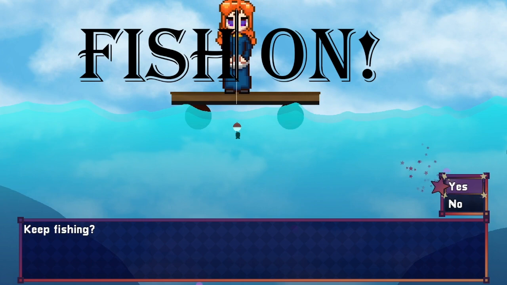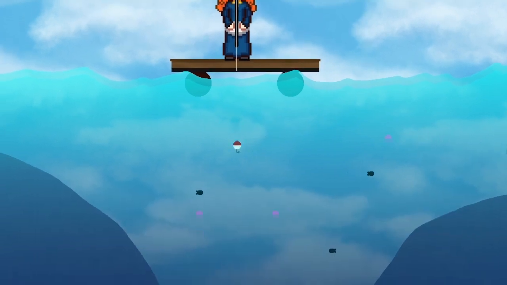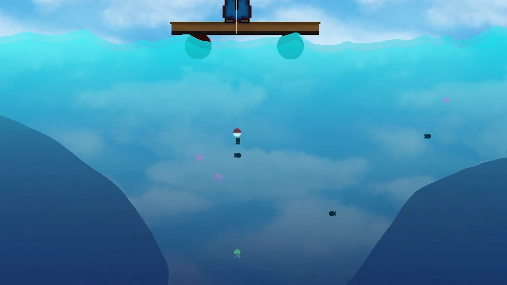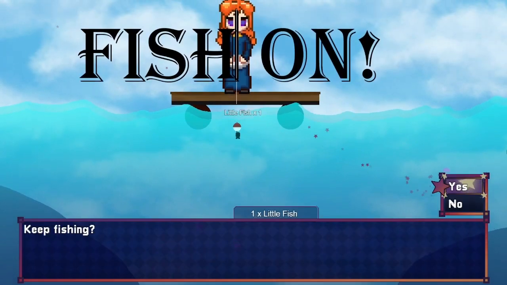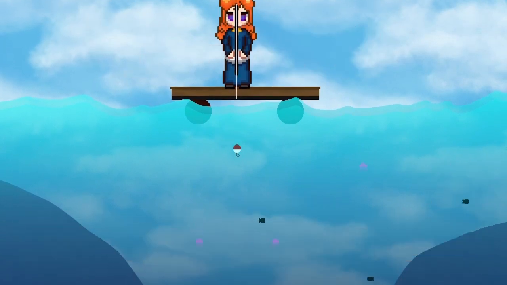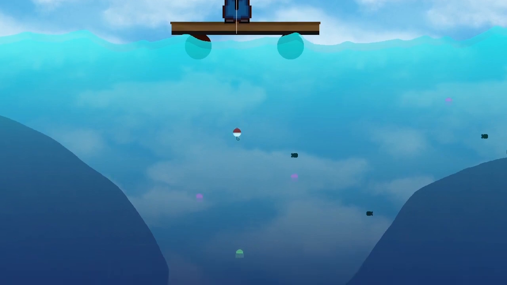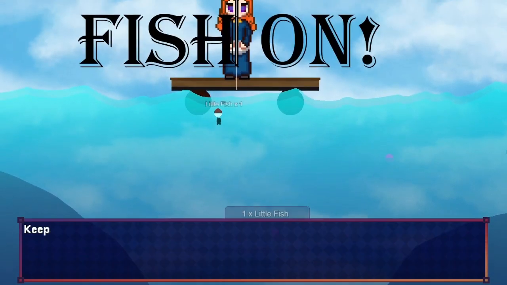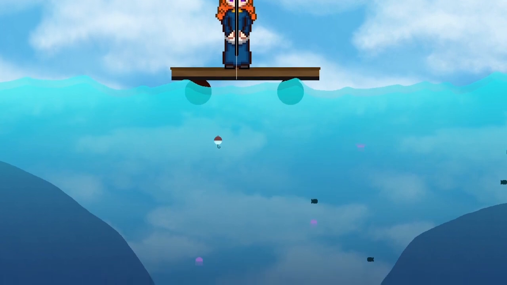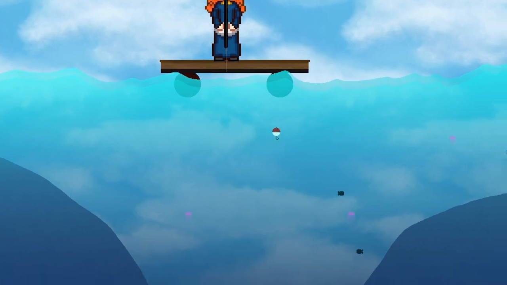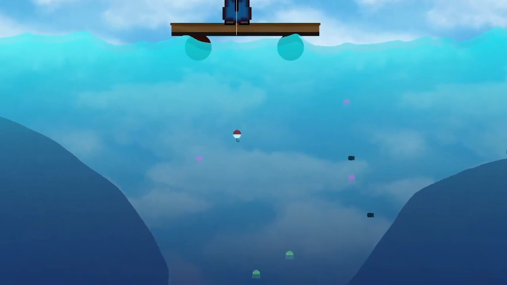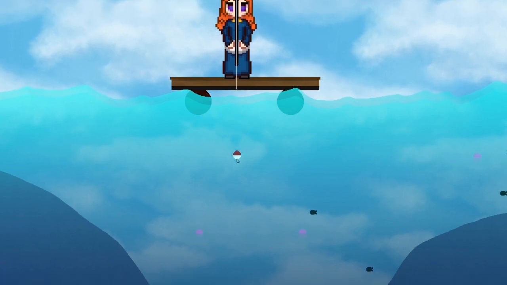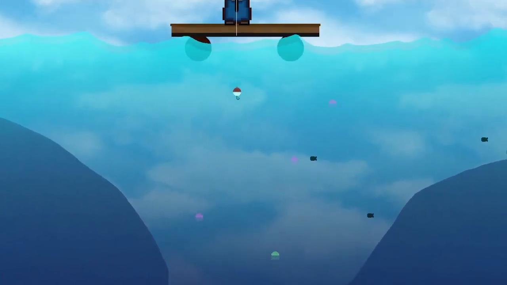And it should reset. Yep. And we're back. Yeah, and if you hit it when you have a fish on, you get much faster with the little fish. And I haven't quite figured out how to get the fish to completely disappear yet.